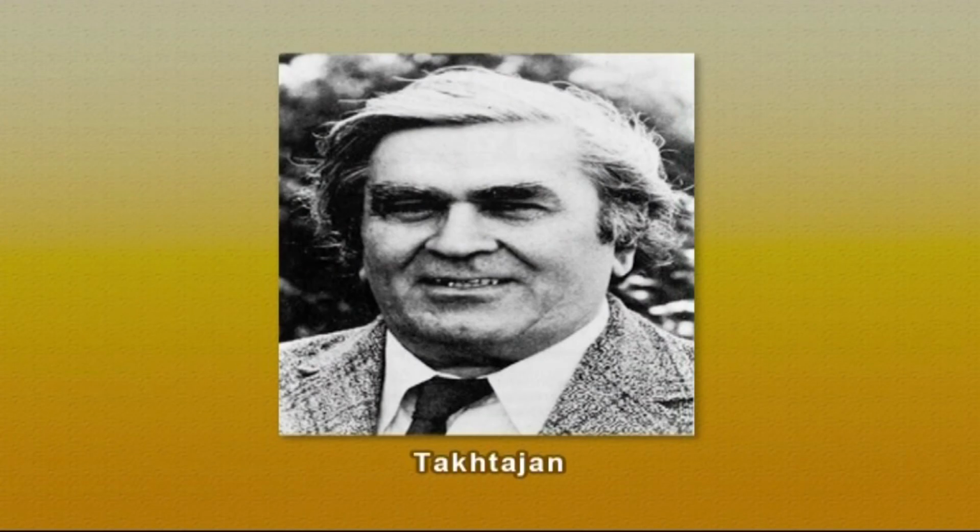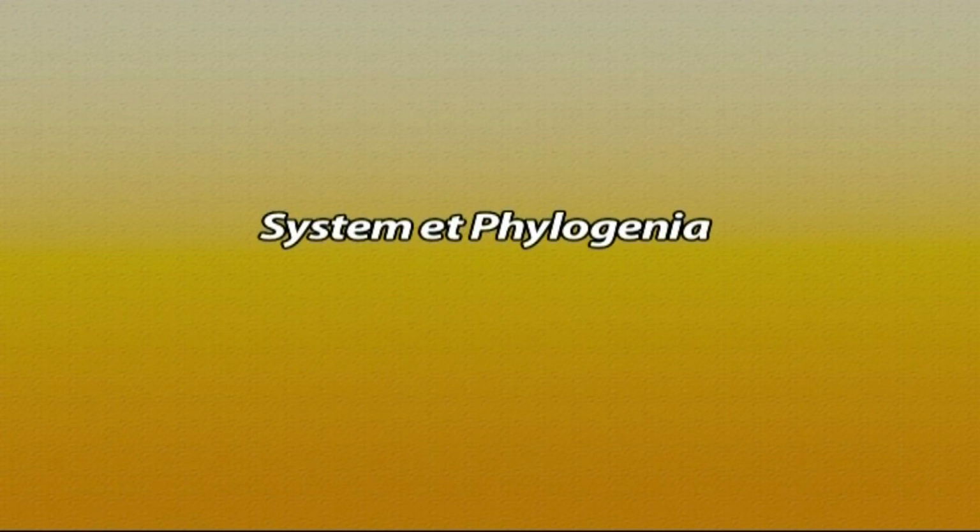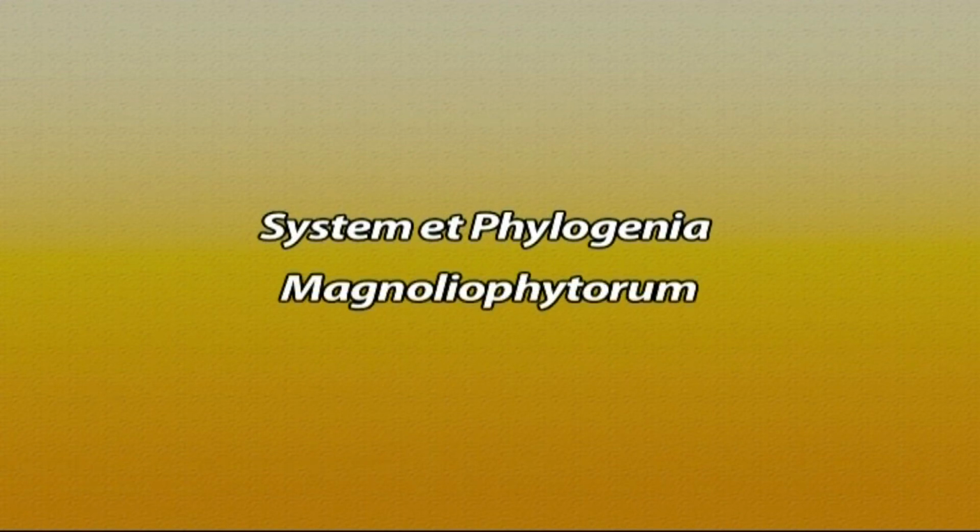It was published in the year 1968, and it provides a comprehensive system of classification for the angiosperms. Then we have one more monumental work by a Russian taxonomist, Armen Takhtajan, in the year 1966, by the title Systema et Phylogenia Magnoliophytorum. It was originally written in the Russian language, and it provides an evolutionary system of classification for